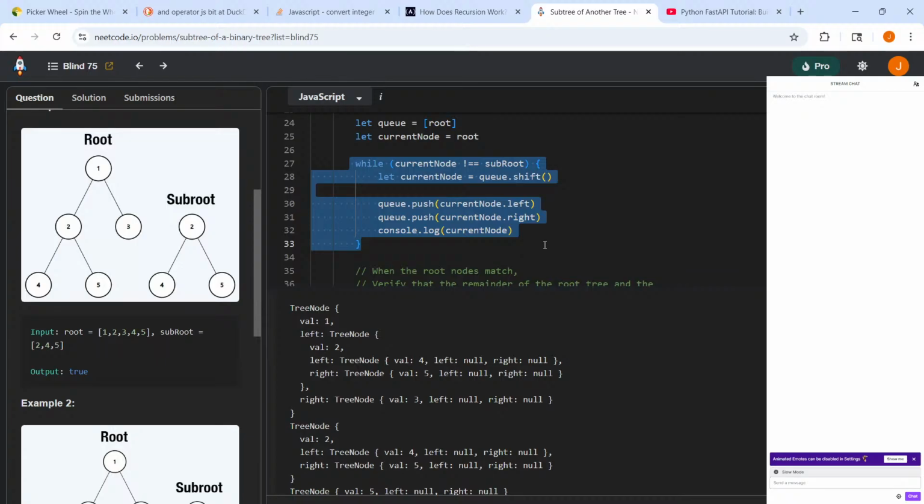So, what are we doing here? While current node is not equal to subroot, and let's say queue dot length is bigger than 0, because we want to be doing this as long as there is something in the queue for us to compare to. We want to do this all, but let's see, so if our current node,